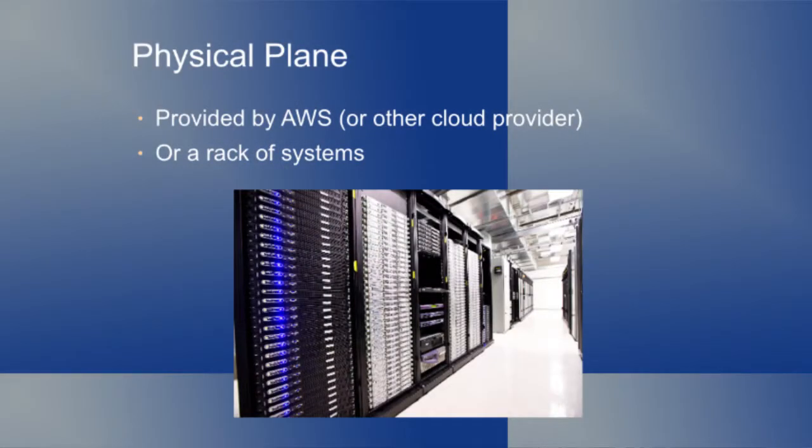Physical plane. It's usually provided by AWS, or, well, today it's provided by AWS, and at another conference it might be provided by Google. It can be provided with a rack. I actually do have one company I work with that still has a rack of systems because they have tests that run 24/7 for 3 months at a time. So they've decided that's more cost effective than having an instance in AWS. They also have instances in AWS to burst for their functional tests, so they can run 500 tests in the next 20 minutes and be done with it. Either way, the concept is the same. I have a physical plane.